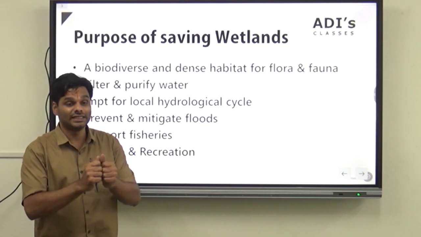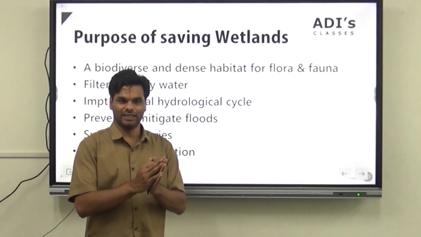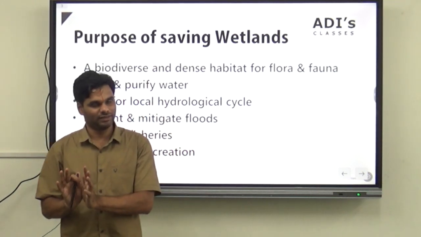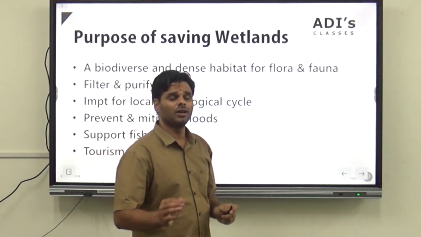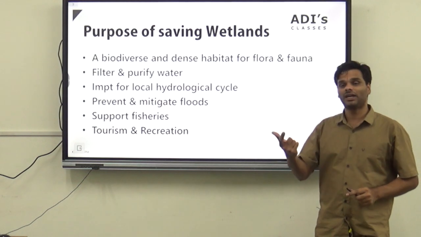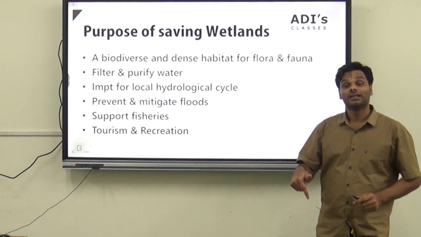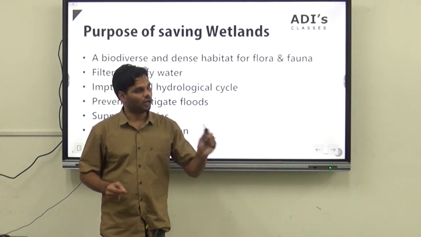If the species is varied, we say there is great biodiversity. Clear? You will understand the difference between biomass and biodiversity, right? So wetlands are fantastic examples of both, where there is great biomass and great biodiversity of both flora and fauna,